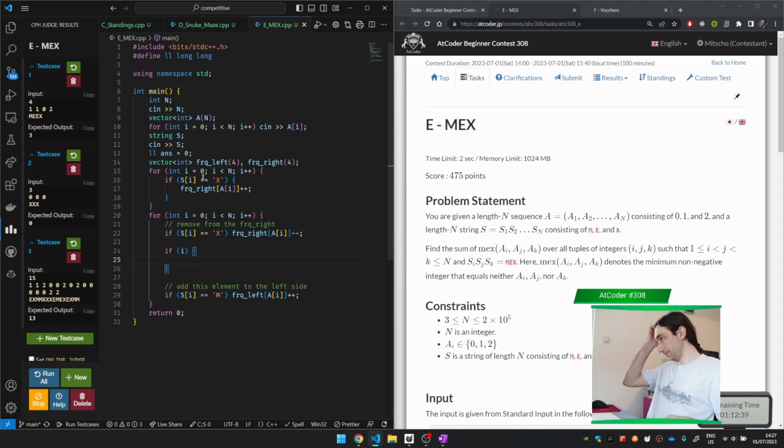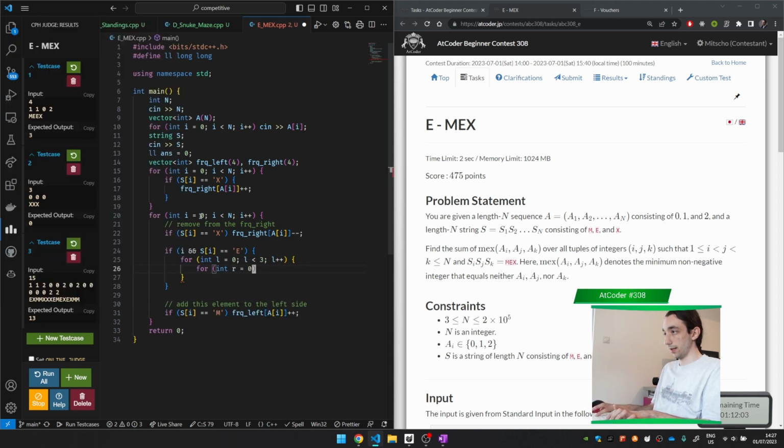Okay, so now if I and s of I is equal to e, so it has to be e, then there are some elements m to the left side, and then there's something from the frequency on the right side. And now we need to just compute all of these possibilities. So we're just going to compute for each on the left side, just going to brute force that. For each on the right side,